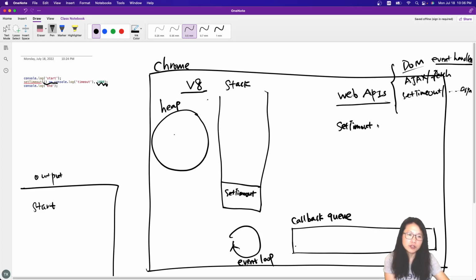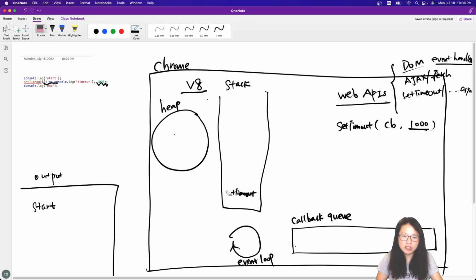It will be moved to here, and here is your callback, and here is 1 second. So the waiting is going to happen in the web APIs, and then the setTimeout is popped out from the stack. While we are waiting for the setTimeout, the remaining code continues to be pushed into the stack to execute. So here I have a log end